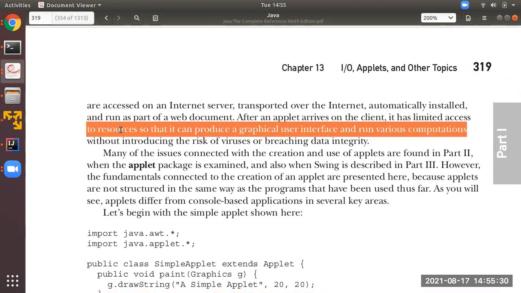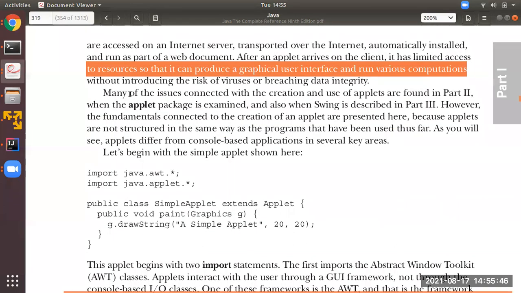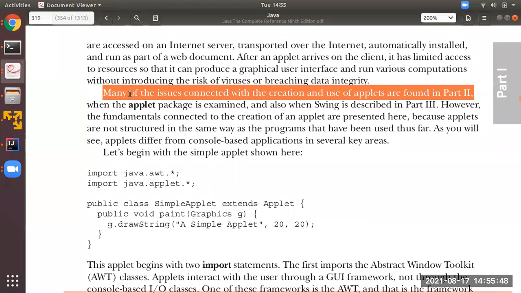graphical user interface. So what you can get with the help of an applet is a graphical user interface. You can have images, buttons, checkboxes, and text areas. All these things you can create with the help of an applet. Many of the issues connected with the creation and use of applets are found in part 2